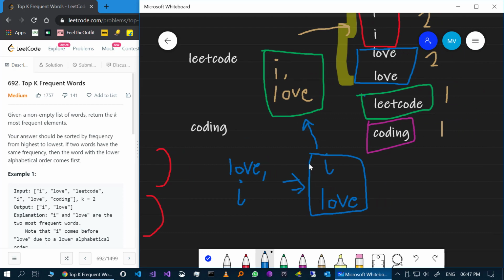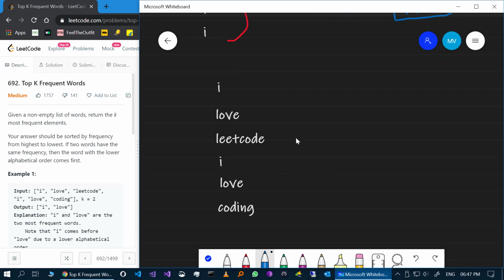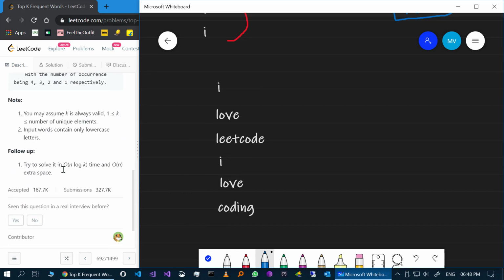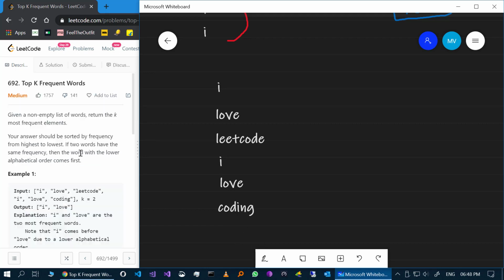So how do we approach this problem? Let's again take the example and see how we can approach this. So this was our input. The first thing which comes to mind is that somehow we want to keep the count of each unique word. And one thing they have mentioned is that there are only going to be lowercase letters, so we don't need to take care whether they are in lowercase or uppercase. To maintain the count, we can have some sort of map where each word will be present one time and we will keep on updating its frequency.